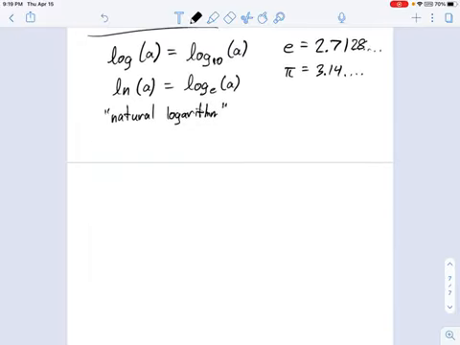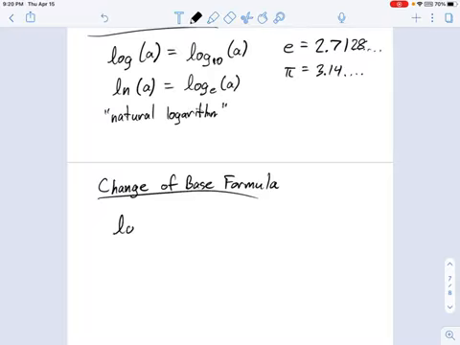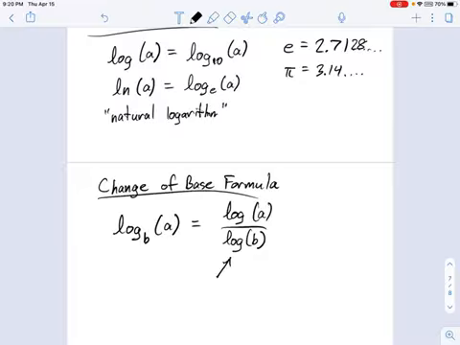All right, another very important formula, you'll use this one a lot, is the change of base formula. What this is mostly used for is when you have a calculator that doesn't know how to do log base of something. Like if I had log base 7 of some number, a lot of calculators don't know how to deal with that 7. All they have is a log button. So I'm just going to call this log base b of a. The change of base formula says you can just turn that into log of a divided by log of b. Okay, and in this case, when I say log, I mean that log base 10 that all calculators know how to do.